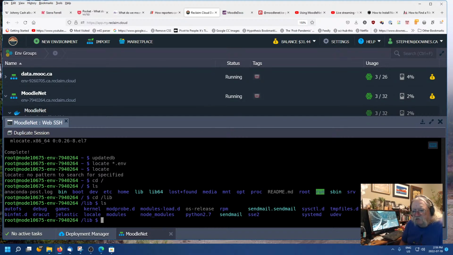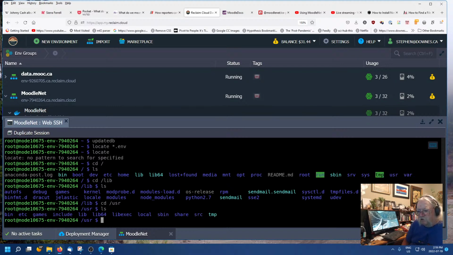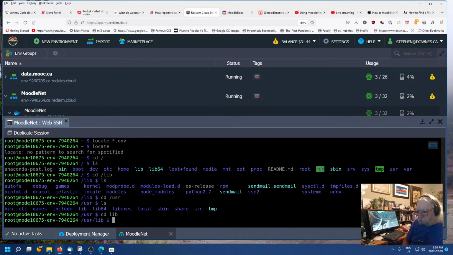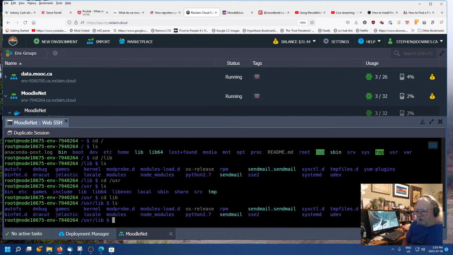Yum plugins, all kinds of stuff, but okay, let's try USR. I'm just searching manually for Node. RPM, locale, no. Python's here. It's nice. Could have used Python, but